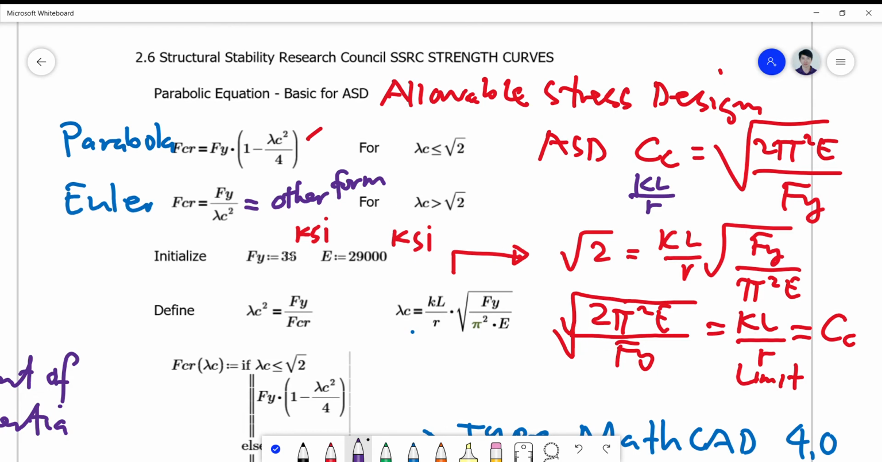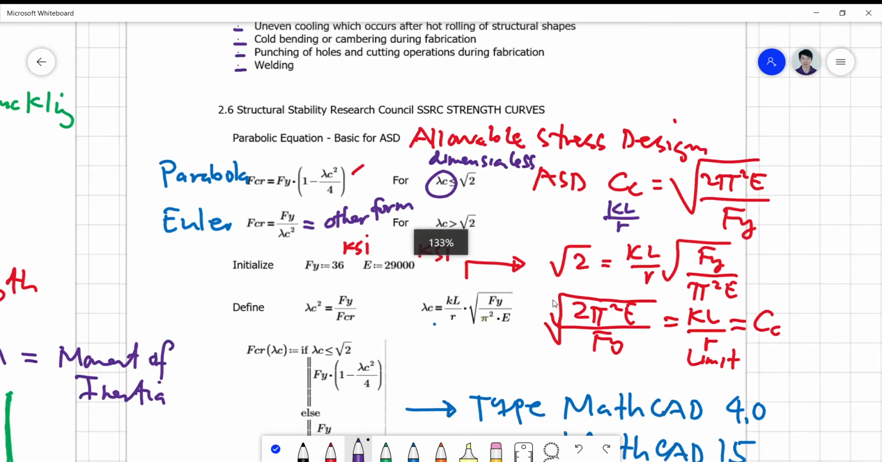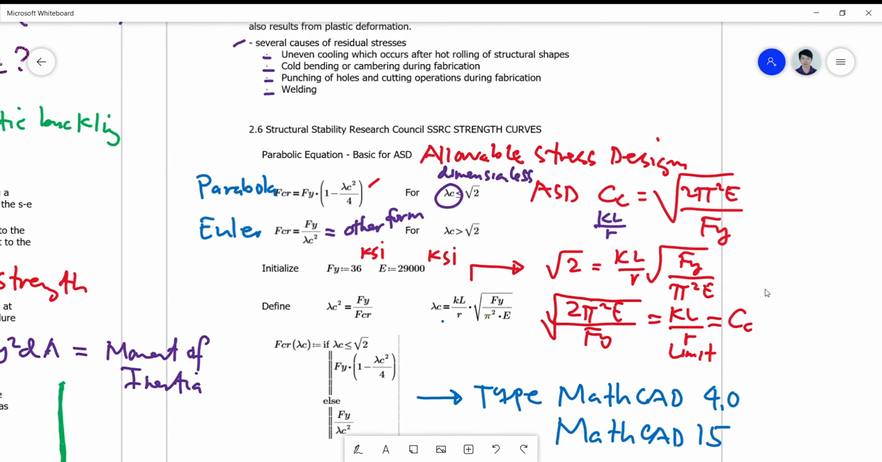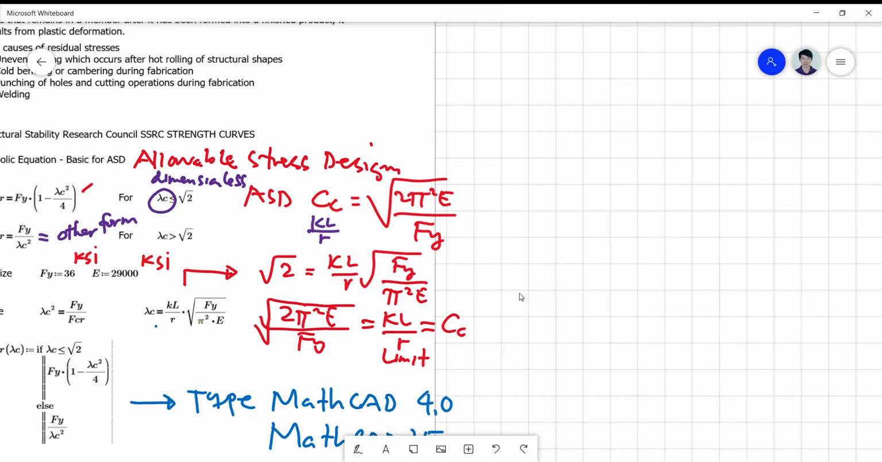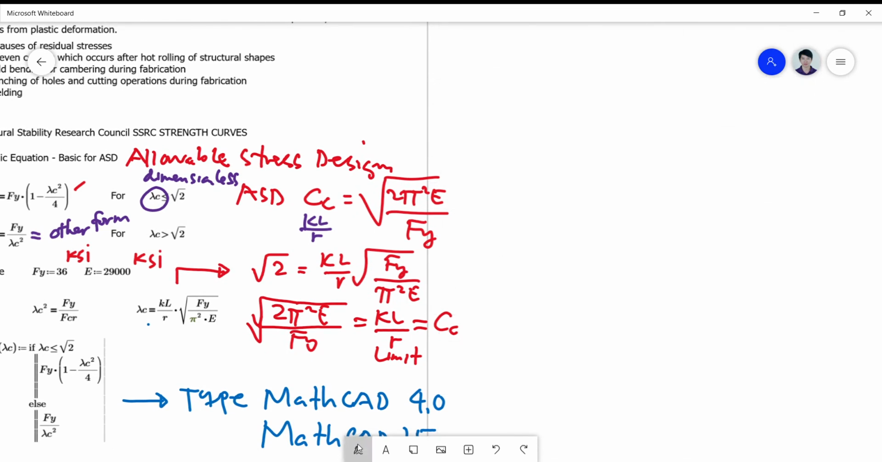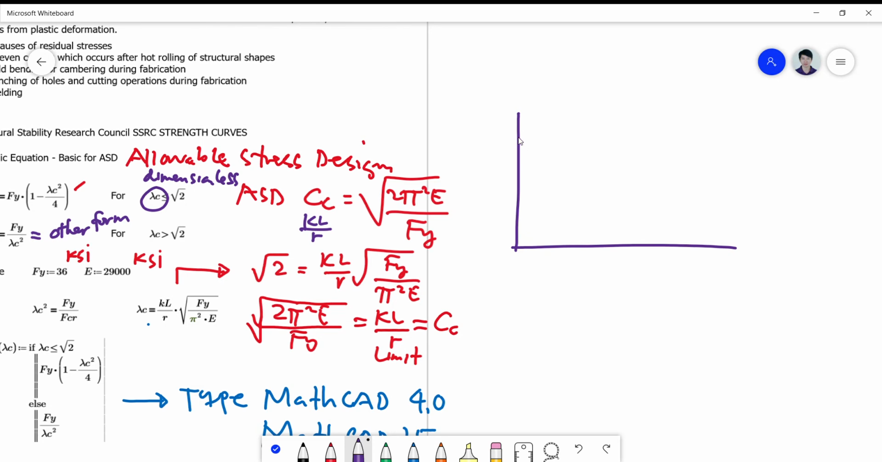So, what is lambda_c? Lambda_c is just a dimensionless factor. Remember what we noted in the previous discussion, that if this is your